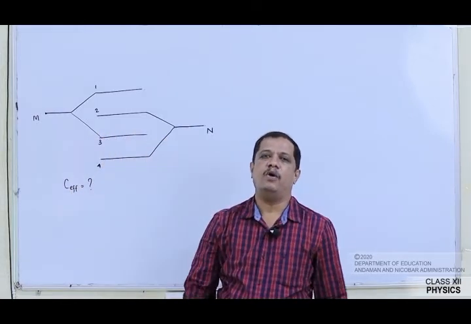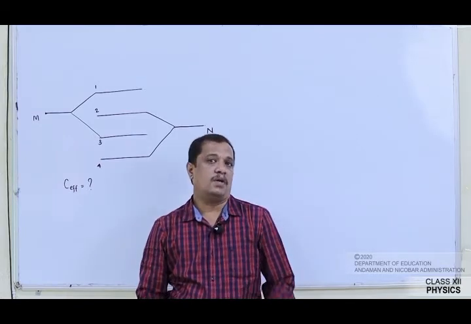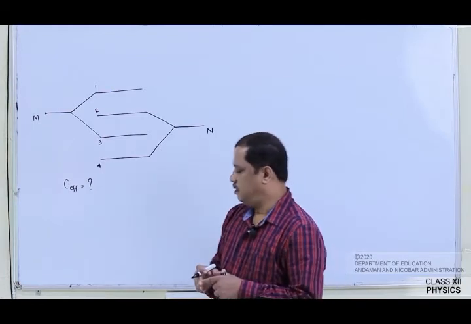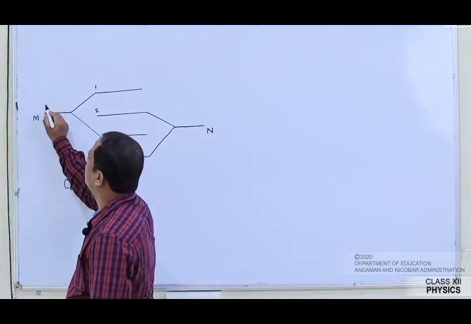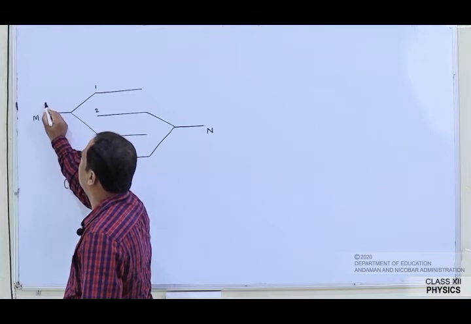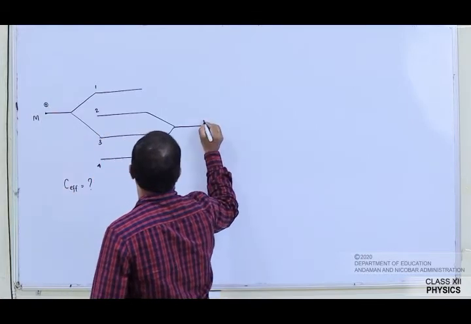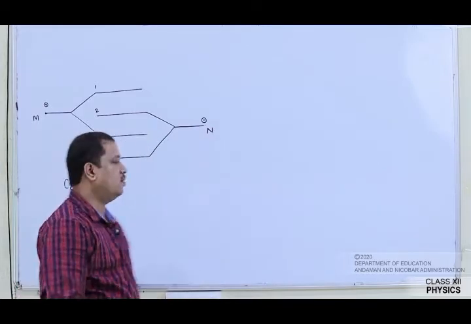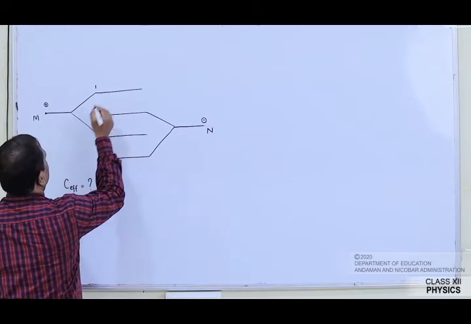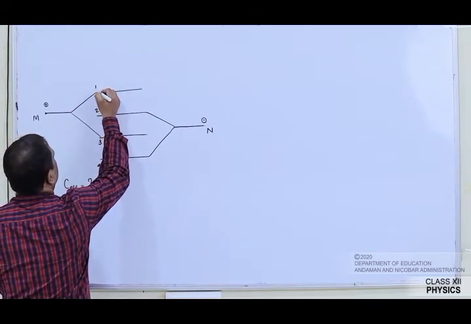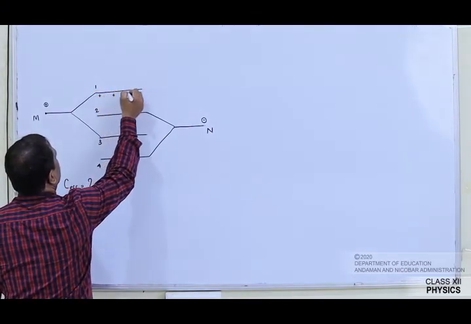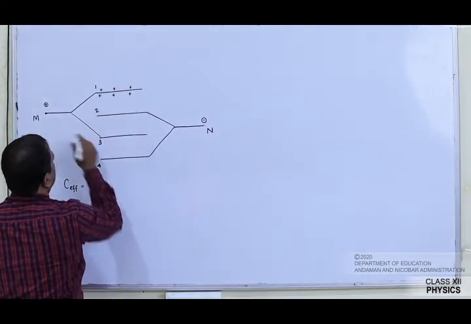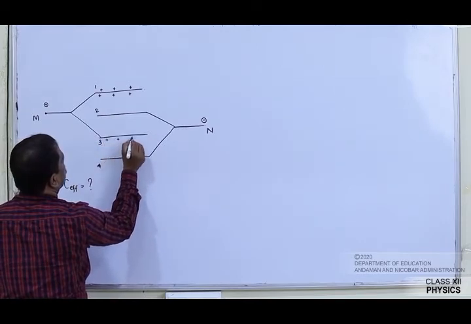First we need to find how many capacitors there are, and the number of capacitors can be judged by distributing the charges. As in the previous case, I am going to say that here I have connected the positive terminal and here I have connected the negative terminal. I will see how the charges get distributed. In that case, this positive charge goes over here and here the positive charges will distribute. Let me put it this way, and here also, and here the positive charges will be distributed like this.